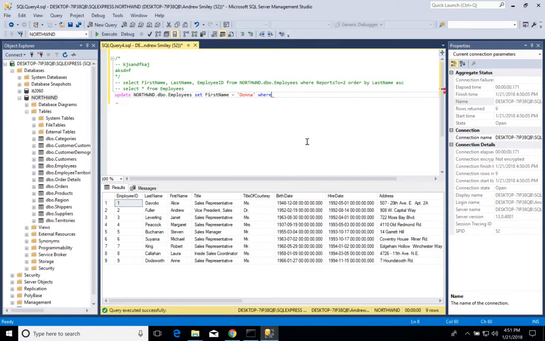So with update statements, we have to specify a where clause. We can't just say update Northwind DBO employees set first name equal to Donna, because the database software isn't going to know what rows to actually set the first name to Donna to. We have to specify a where statement. So where employee ID is equal to, and we'll go ahead and say